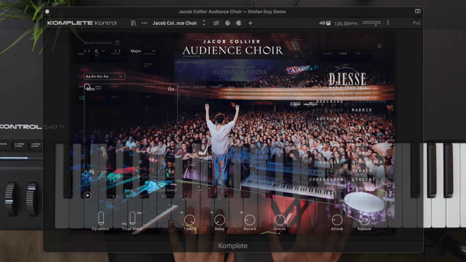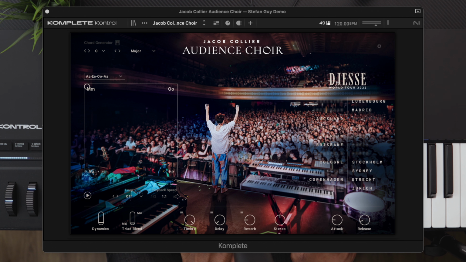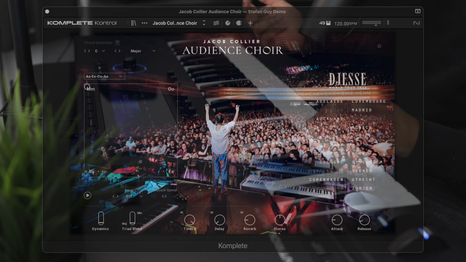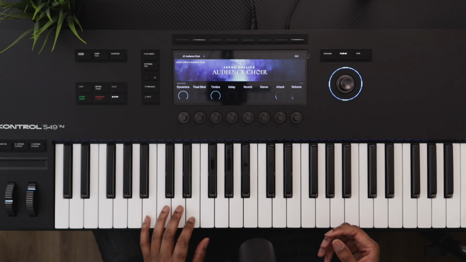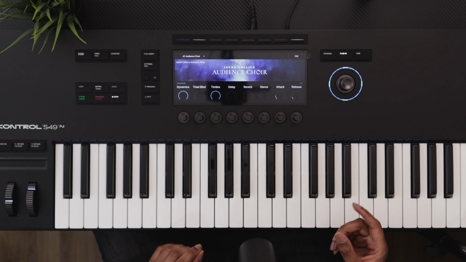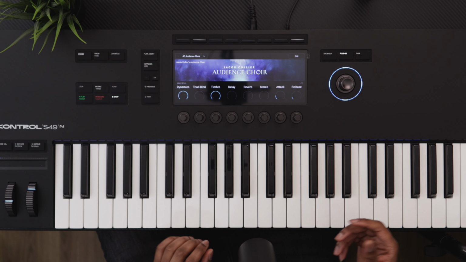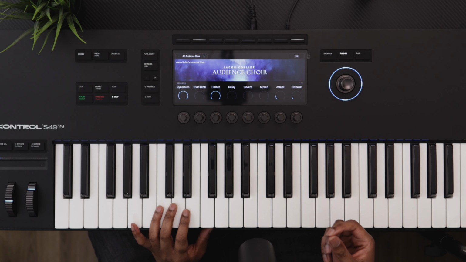So Native Instruments just dropped an incredible new free instrument. It's called Jacob Collier Audience Choir. Jacob Collier, if you don't know, is an incredible musician, virtuoso even, and singer-songwriter. And much of that is why he's so famous. He's a genius. But it's that coupled with his live performances, where he often conducts his audience to sing harmony and percussion parts. And this free instrument has taken those performances from his last tour and turned them into something